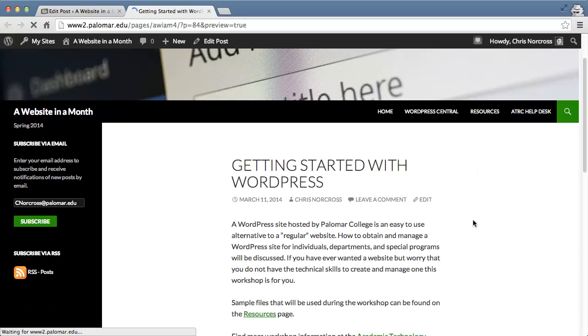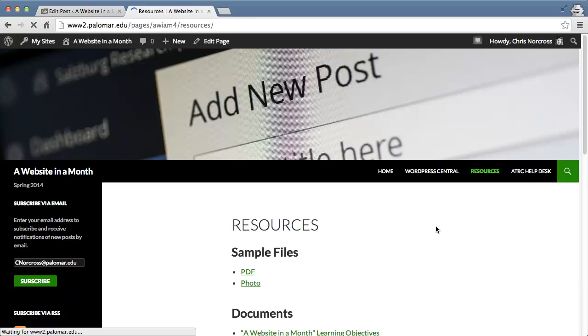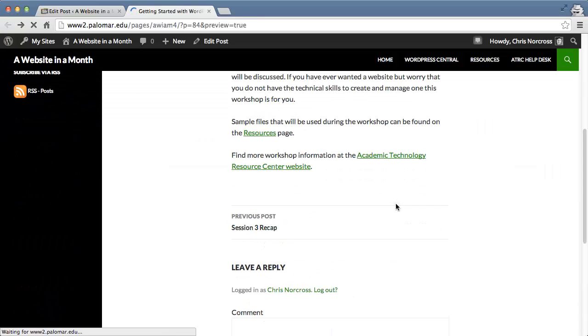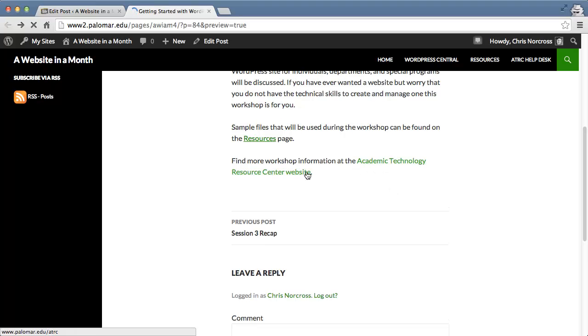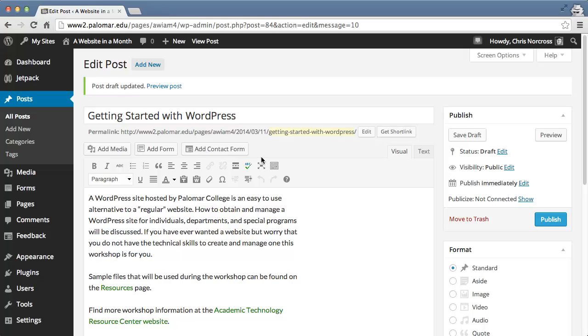And so now that I'm looking at this post here, I can scroll down, I can click on the link to the resources page, make sure that that's going to work for me, and that should open up the resources page that's within my own site. Alright, here's the resources page, and now if I go back, I can try out the other link to the Academic Technology Resource Center website and make sure that that one's working as well. Alright. So now that I've verified that it's working, I'll close that tab, go back to my post,